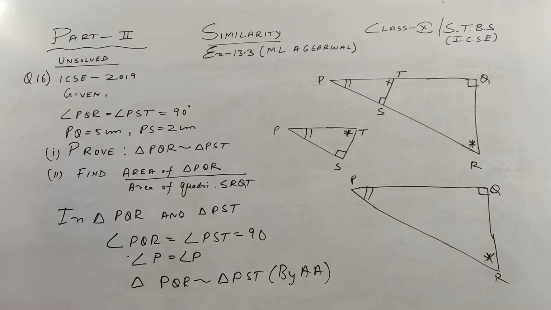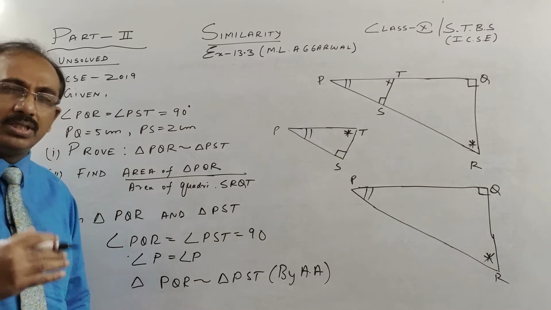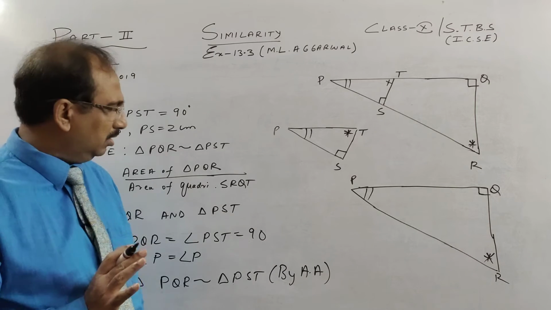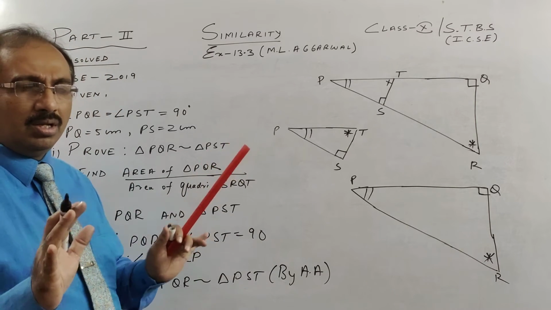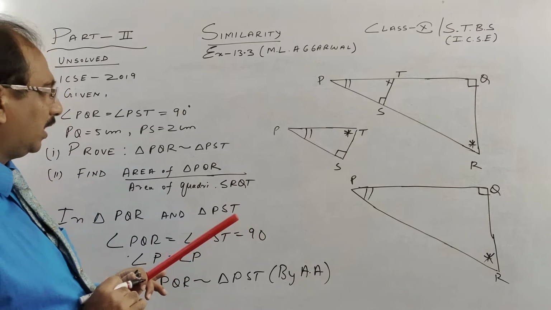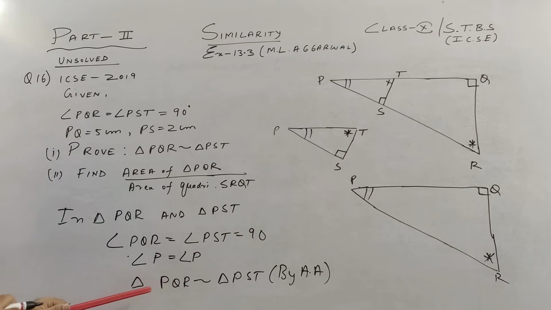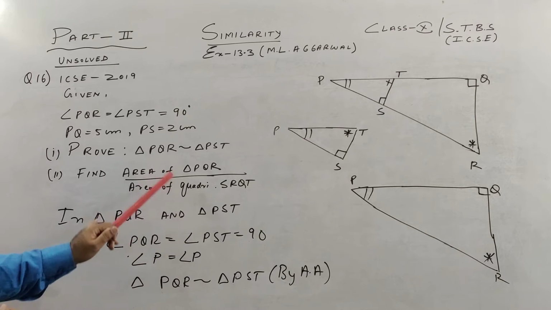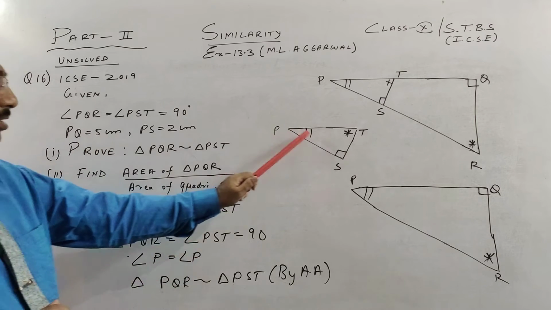So this, if you see, I'll tell you how many marks it carries and how the marking scheme will be there, how the marks are generally distributed. Okay, you'll have a fair idea how much you have done and how much part marks you will get. So this I have proved: these two triangles are similar.